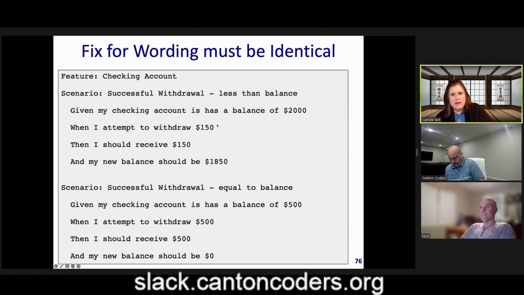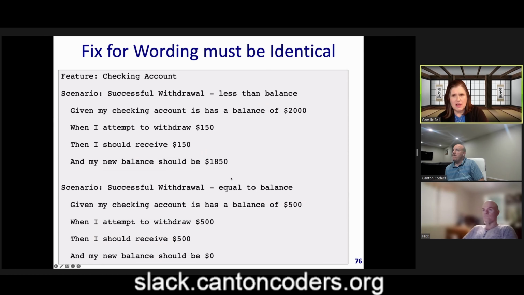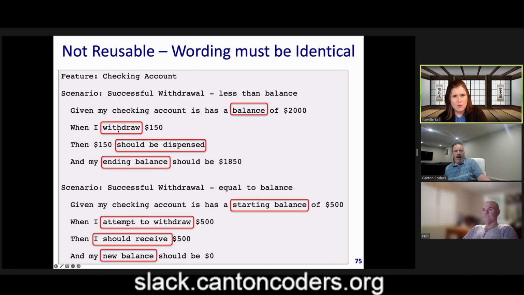So now it's common. My checking account has a balance of. My checking account has a balance of. Instead of saying in one case it has a starting balance, in another case saying it has a balance. When I attempt to withdraw, and you could just say when I withdraw, but whatever, when I attempt to withdraw, instead of saying in one case I withdraw and the other case saying I attempt to withdraw,